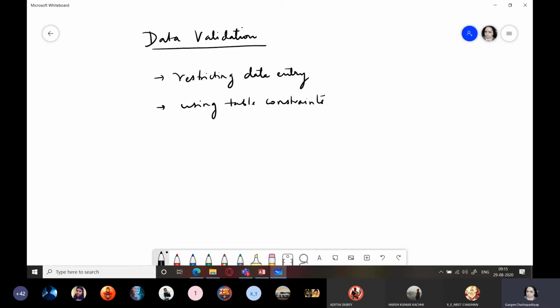If I say restraining something, that means I am bounding that, I am establishing some limits around, I am putting a boundary around the person. Understood? Restraining something, किसी चीज को रोकना. Got it? So using table constraints and restricting data entry so that only correct data can be entered in the table. Correct data means the user is not allowed to enter wrong data.